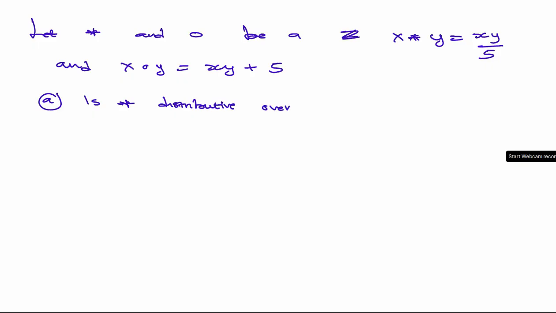They are asking, can we distribute star over circle? Is the distributive law true when we distribute star over circle? It's very simple. Let me start, so the other question will be a different version of this. So when they say is star distributive